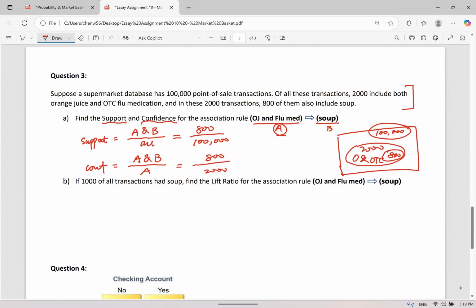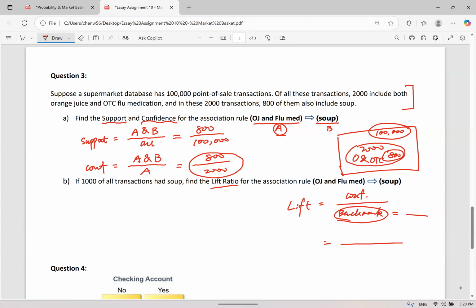All right, so then part B. I want you to find the lift ratio, right? So we say the lift ratio equals what? It equals the original confidence divided by the benchmark confidence, right? The original confidence, we have already got from the last question. The point is, what is the benchmark confidence? We say the benchmark confidence is just the probability of B,